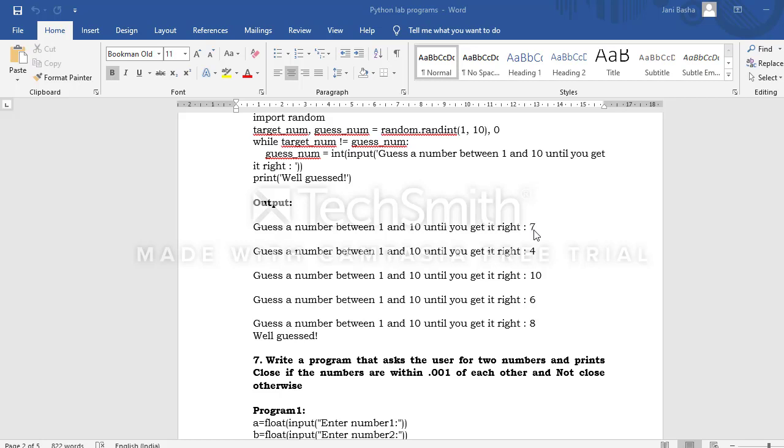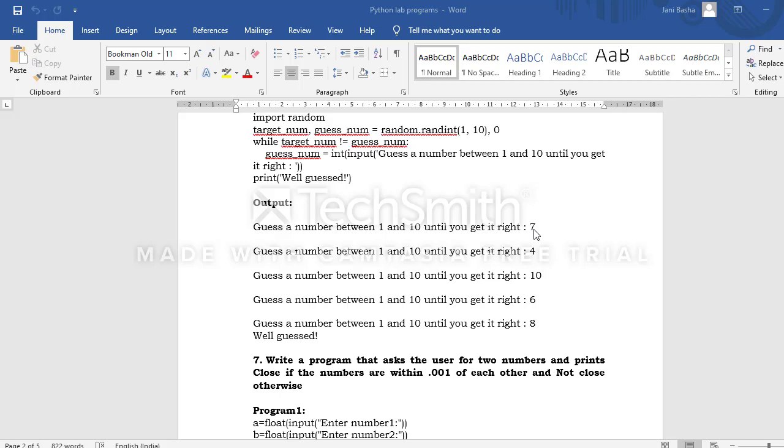Then I thought it is 10, so I entered 10, but it is also not the right number the program guessed. Then I thought it is 6, I entered 6, and it is also not correct. Then I thought it is 8, and when I entered 8, it is correct. The program generated the random number 8. So you got the message saying well guessed.